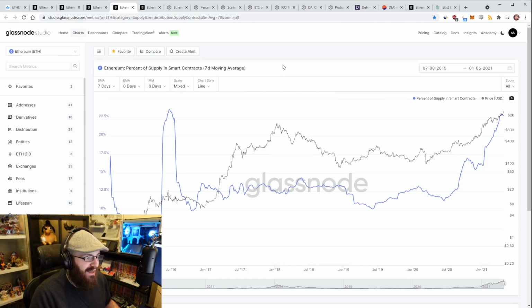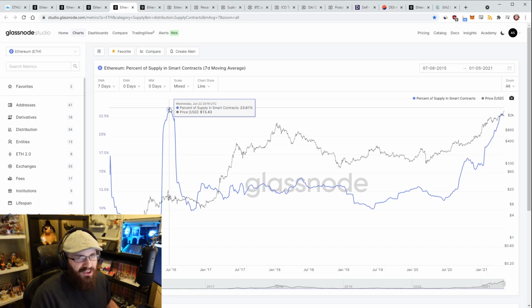And 23% now is how much ETH? Just off the top of my head, it's probably something like 25 million ETH. Times that by 3,000, you get a lot of dollars, like tens of billions of dollars. Whereas back here, I think the ETH supply in June of 2016 was maybe 80 million, maybe 90 million. I'm not sure exactly, but if you take 23% of that, you'd probably get around 15 or 20 million, if I'm doing my math right. And at $15, that's basically nothing, right? That's not very much at all.